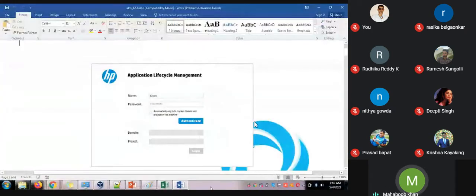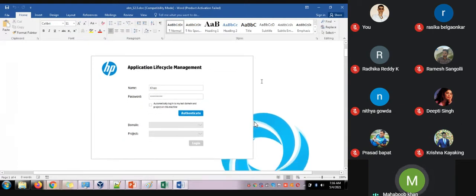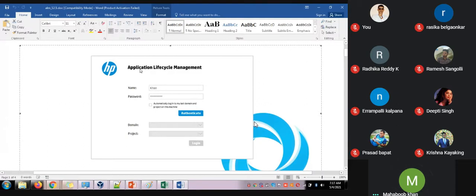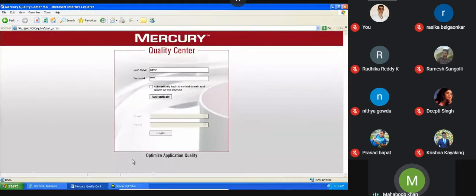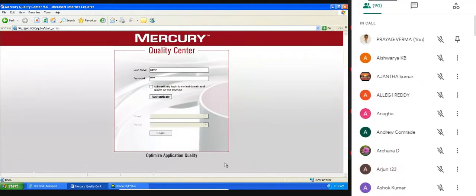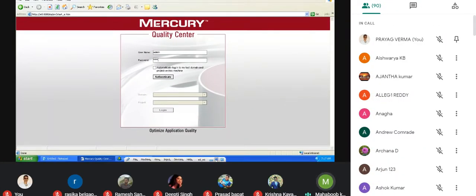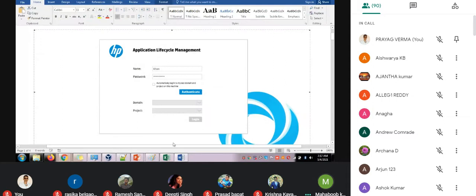The home page is the same, only the color format they have changed, like Mercury, like HP Application Life Cycle. When you see here, it has a difference. Let me work it out in such a way that on right and left you can see the two things.